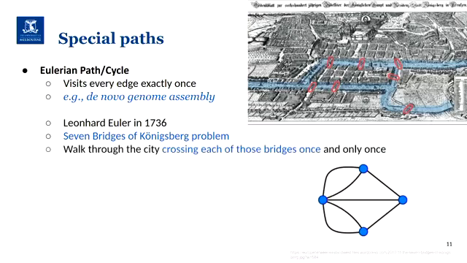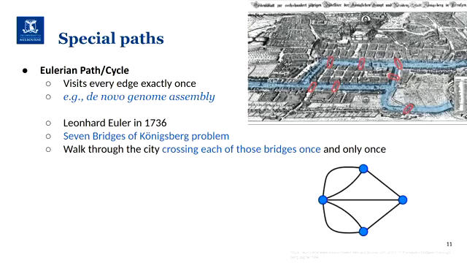So there is Königsberg city here, and there is a river. And this river divides the city in 4 regions. So you have the north region, south region, we have an island here, and we have the region on the east here. Okay? And we have 7 bridges to cross. So if we go from one region of the city to the other, there are 7 bridges across this river.